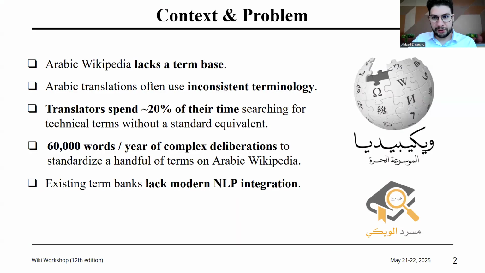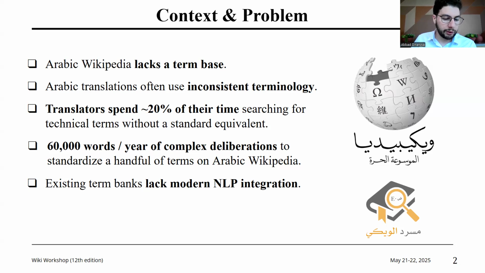The tool aims to solve an age-old problem that the three of us have experienced firsthand while editing Wikipedia, probably like many others, which is the lack of a single formal term base. For less resourced languages like Arabic, this means that it's very hard to agree among the thousands of individuals who are creating this content on how to translate a foreign language term. For example, a scientific word may have up to a dozen equivalents in Arabic based on which dictionary you're actually